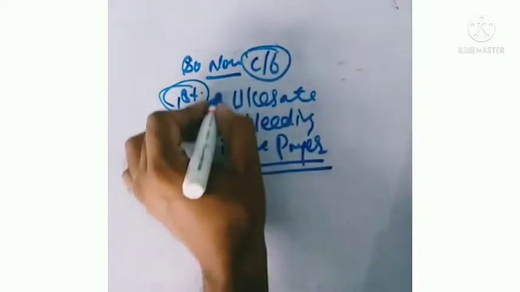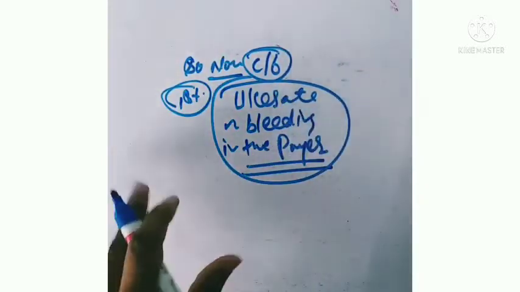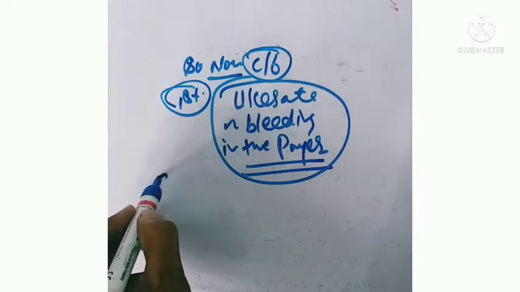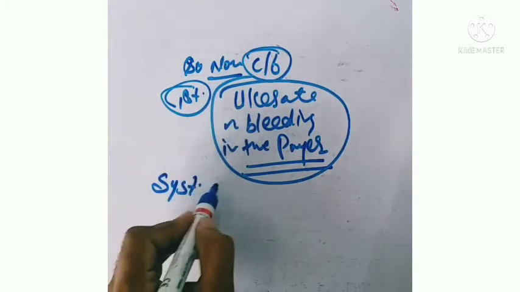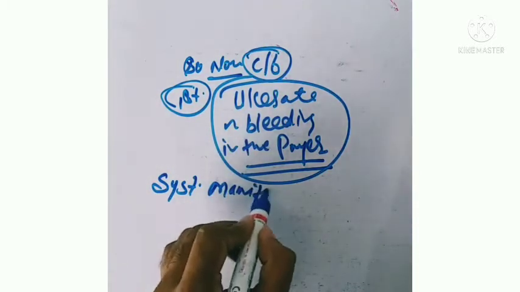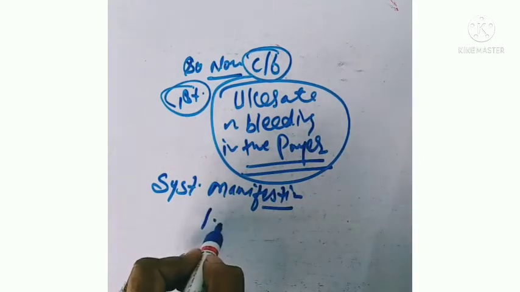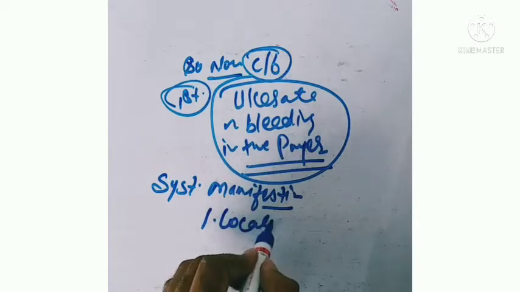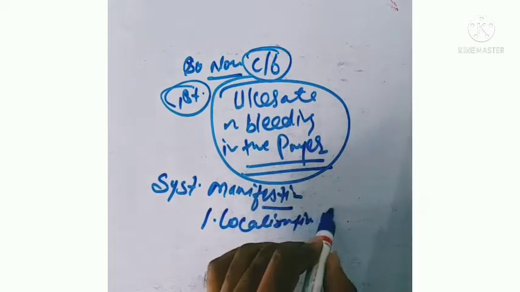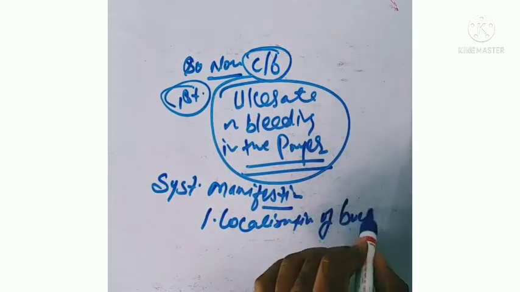Means the first area that is affected is the Peyer's patches of intestine. Then some clinical systemic manifestation will be seen, and that will be because of the localization of bacteria